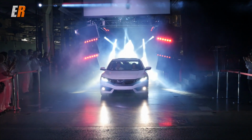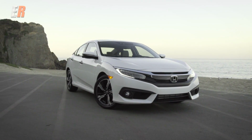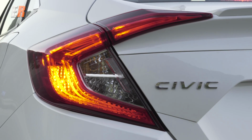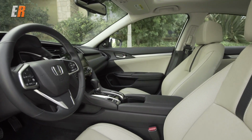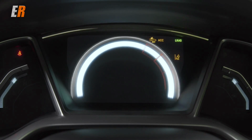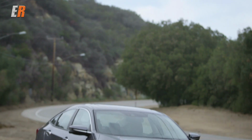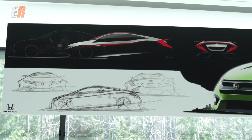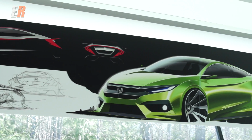At the end of 2015, Honda introduced the new 10th generation Honda Civic, and this car took the world by storm, winning awards like the North American Car of the Year and AJAC, or the Automotive Journalist of Canada's Car of the Year. This car has set the new benchmarks in terms of refinement, performance, and features in the compact car class. Now, 6 months later, the Civic Coupe has been launched, and we learned from the lead exterior designer